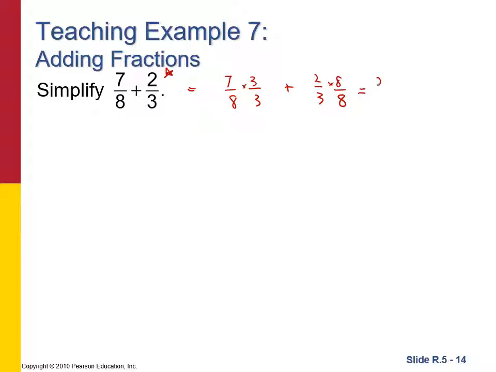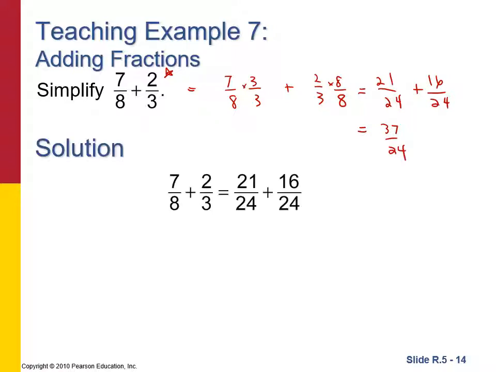And that leaves us with 21 over 24 plus 16 over 24. And that gives us 37 over 24,